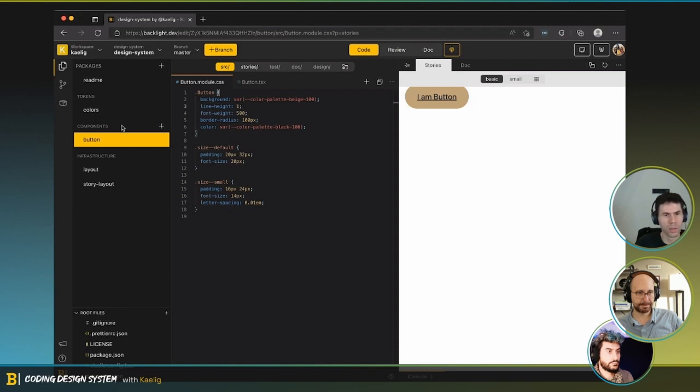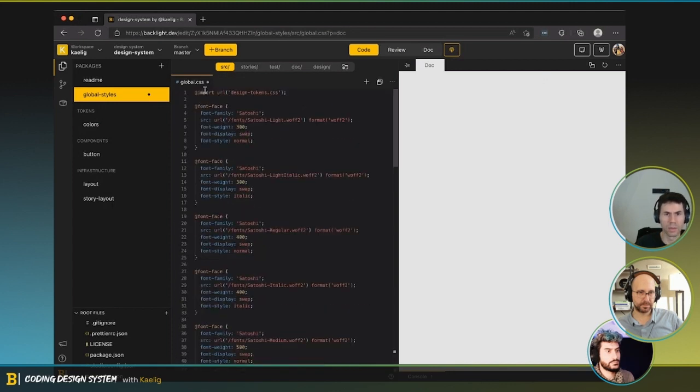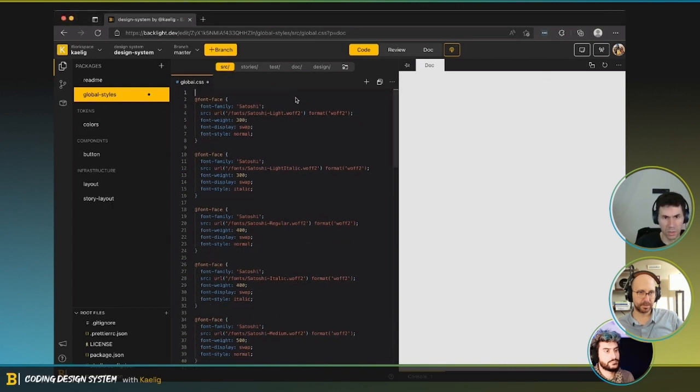Yeah, we're going to try. So we're going to put that in here for the moment. We're going to call it global styles. And then here we're going to put global.css. And this is what you have, right? So you're importing this. I have to check what this is, but we don't need it anymore because this was containing the colors.